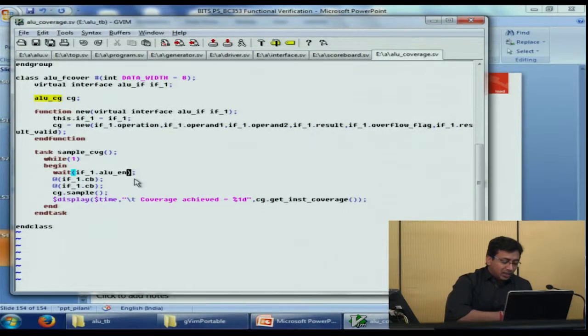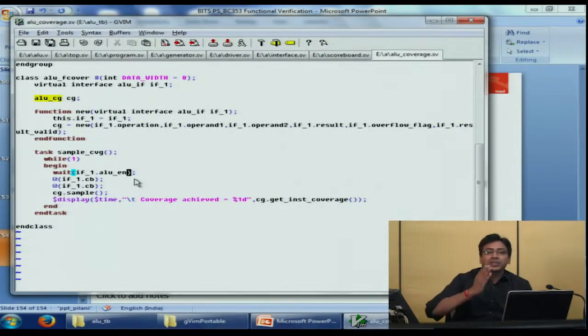Let's say that 10 operations have to be performed on the bus, and the first operation has just been given to the DUT. That is, the ALU enable has just been asserted. And if this API, sample_coverage, has been called, it will come here and detect that, yes, ALU enable has been asserted.